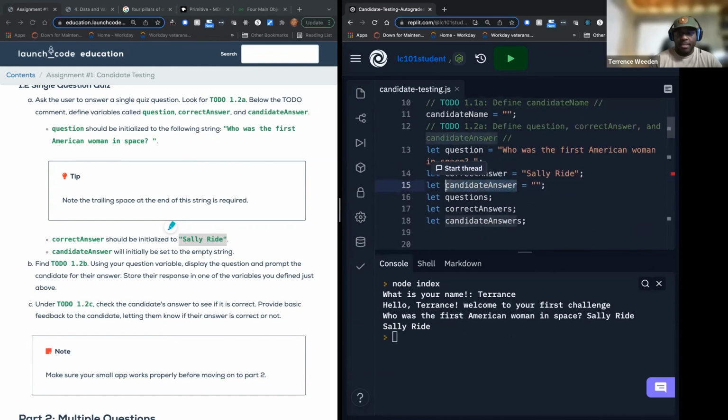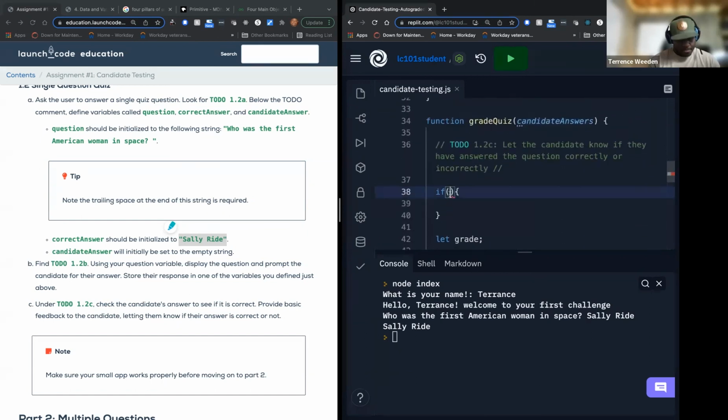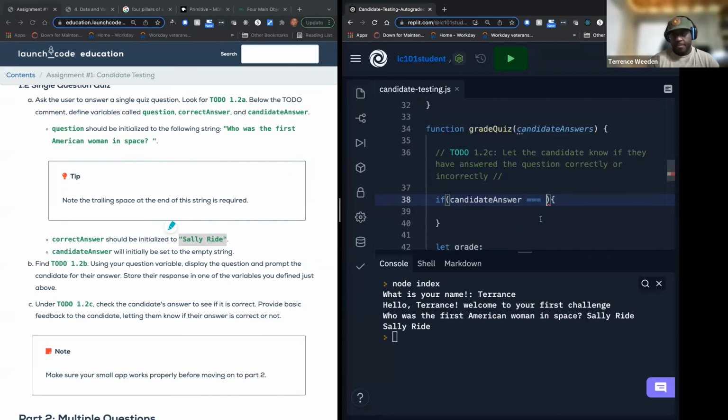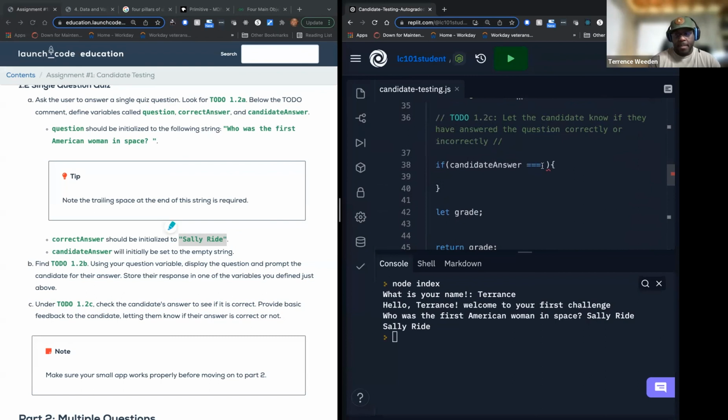So let me go ahead and copy this. Candidate answer. And then I want to compare it to what? The correct answer, right? And like I said, I'm copying and pasting these variables to make sure I spell them right, because it is crazy when you're trying to debug and all you did was spell it wrong. It takes forever to figure that out. So here we go. If candidate answer is strictly equal to the correct answer,